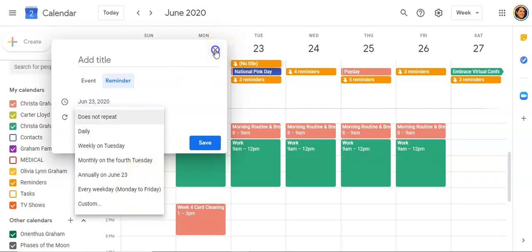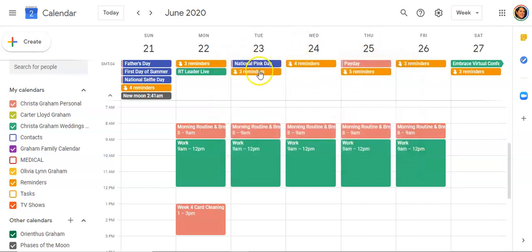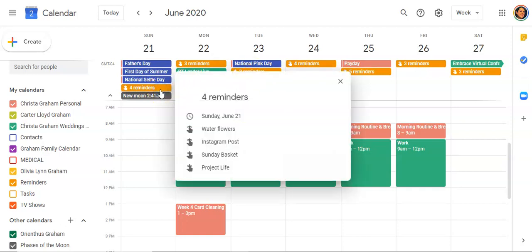things, I've got a couple daily items. Watering flowers is just a reminder to water flowers, post on Instagram. Couple weekly reminders on Sunday. I might do actually a video on my Sunday routine as well. But on Sunday,